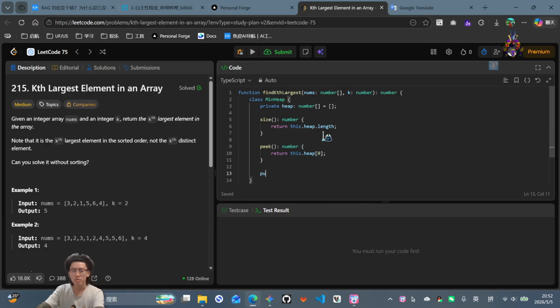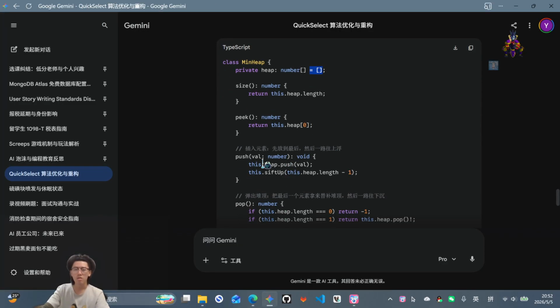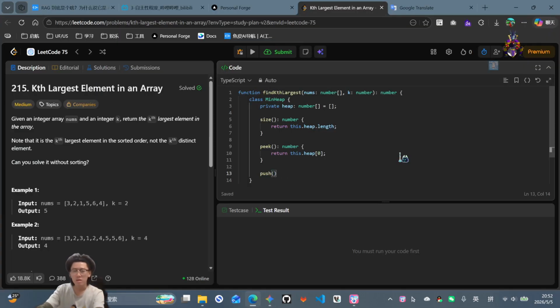And push. It should be const. Nothing inside it. We just call it a number, and we will